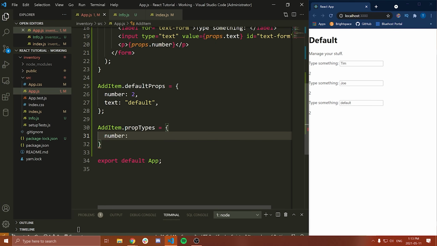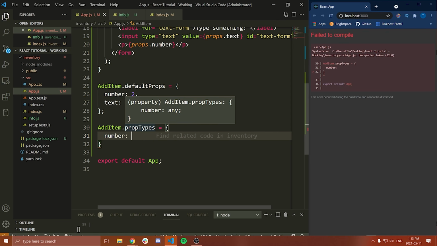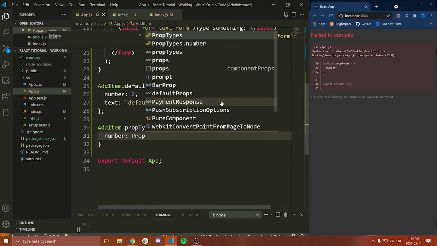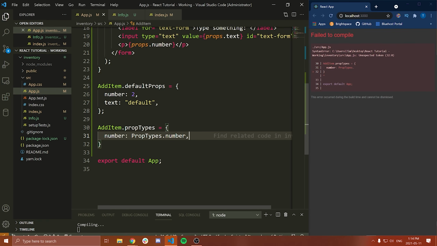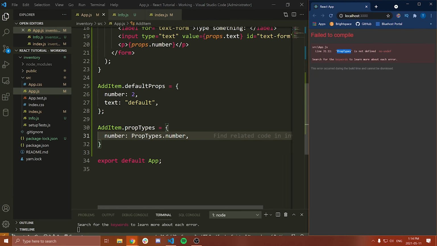So in this case, I could say number, and then we define the type of this field. Now, the way that we define all of these types is we say PropTypes and then dot and then number or string or whatever the appropriate type is. Now, notice it's going to tell me that PropTypes is not defined. That's because we need to actually import it.